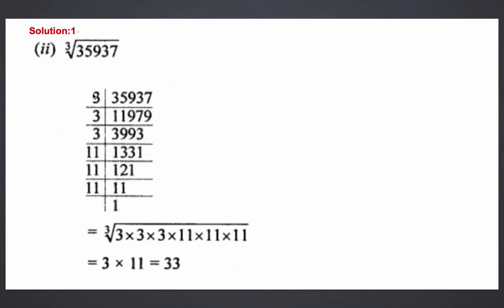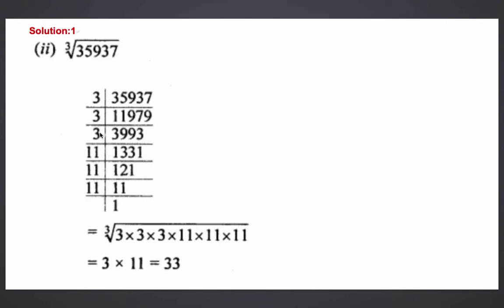So we will take the smallest prime number. Since the last digit is not an even number, it won't be divisible by 2, and yesterday also we discussed that the smallest prime number we know is 2. One is neither prime nor composite. So we'll start with 3 next. How do we check the divisibility of 3? Add the digits: 3 plus 5, 8, 8 plus 9, 17, 17 plus 3, 20, 20 and 7, 27. Since the sum of the digits is divisible by 3, this given number 35,937 is also divisible by 3. So do the prime factorization like this.